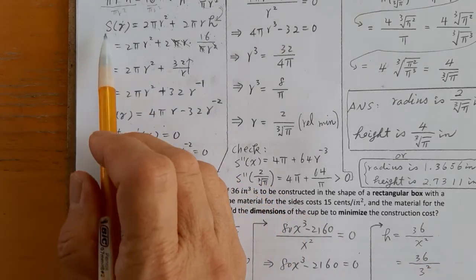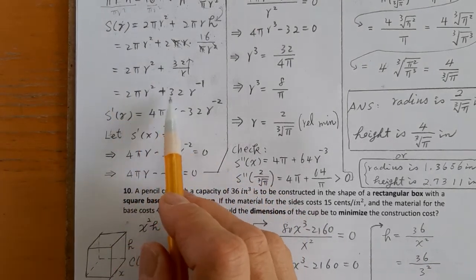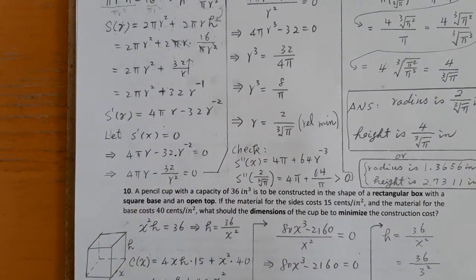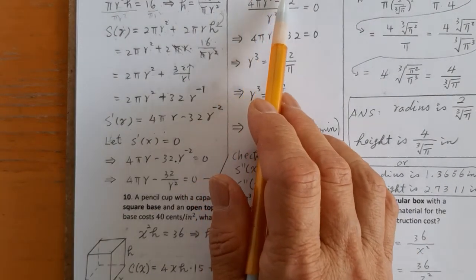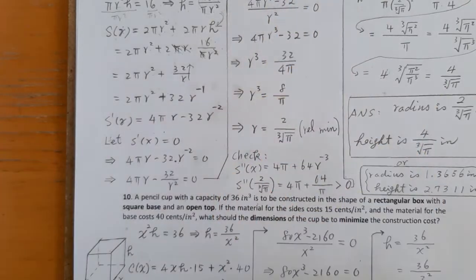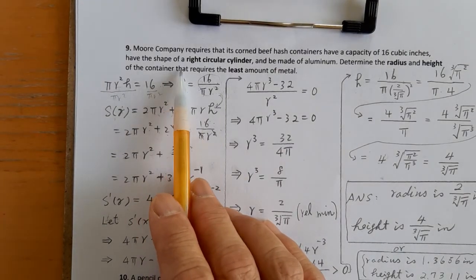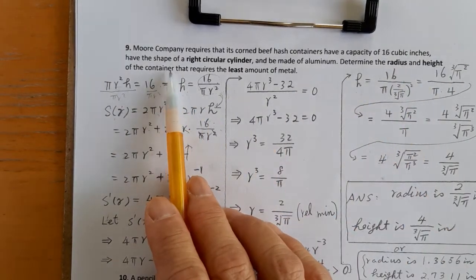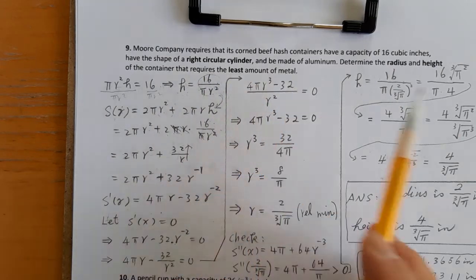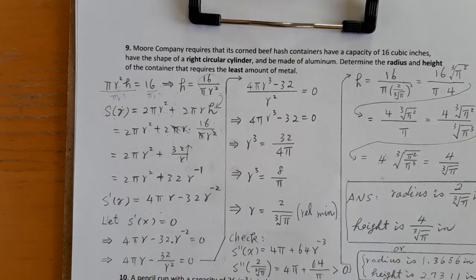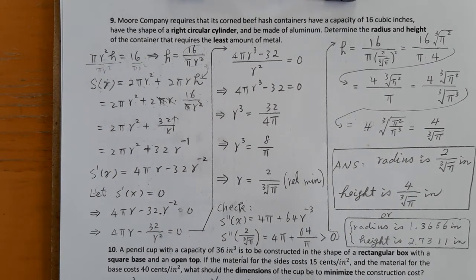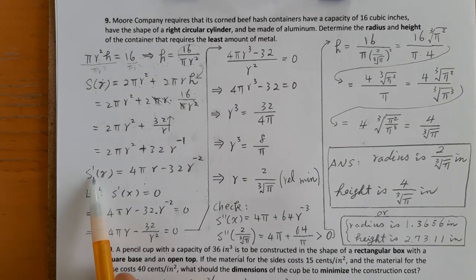So we get this surface area in terms of r, radius. Get this function. Then we want this surface area minimum, the least amount of aluminum, of metal, which is this surface area. We want to figure out the radius and the height to make the container require the least amount of metal. So that surface area function needs to be minimum. Find out the minimum. Find out r that makes this surface area